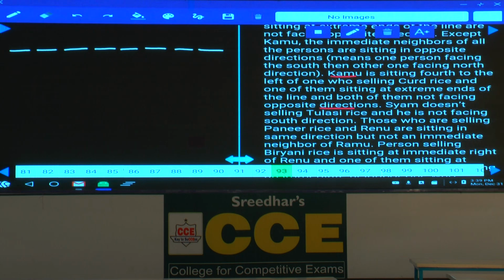Now, tell me whether Kamu can be at the left extreme or right extreme of the row. If Kamu is at an extreme end, then the statement about the immediate neighbors of Kamu means Kamu has 2 neighbors, which implies that Kamu cannot be at an extreme end. As Kamu cannot be at an extreme end, can we take Kamu at this place, 1, 2, 3, 4? If Kamu is here, the person who sells curd rice is fourth to the right